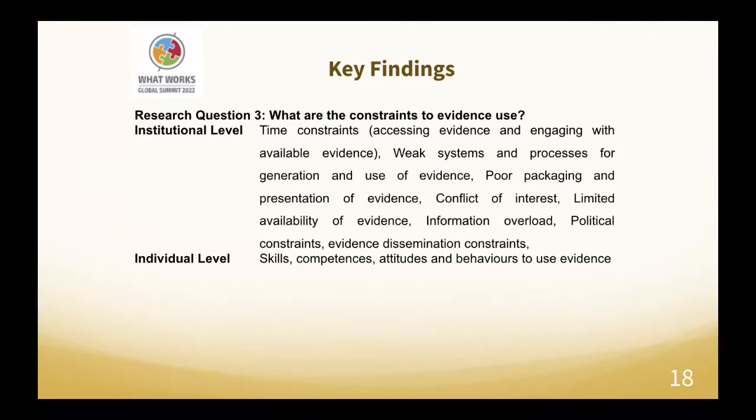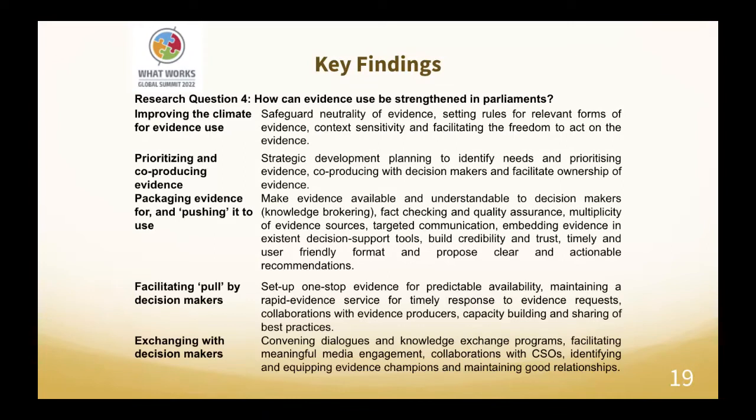And my last finding, on my fourth question, is how to strengthen. So in the next slide, I'm looking at how to strengthen. These are many, but I'm just going to draw on the ones which are bolded. Improving the climate of evidence use in terms of safeguarding neutrality, setting rules that allow members to use evidence, and then facilitating freedom to act, trying to minimize the political factors that interfere with evidence. Prioritizing and co-producing means working together with members of parliament and making them own the processes of evidence. Packaging and better pushing through of the evidence,